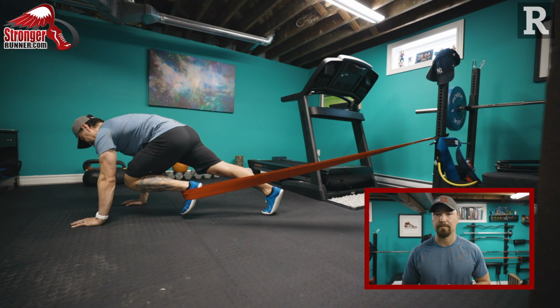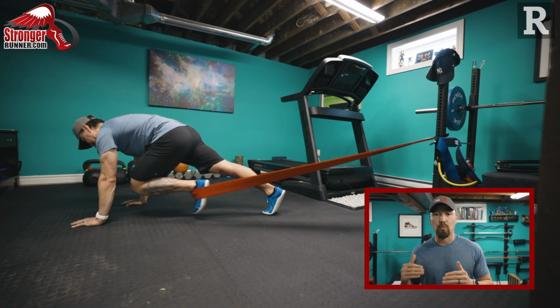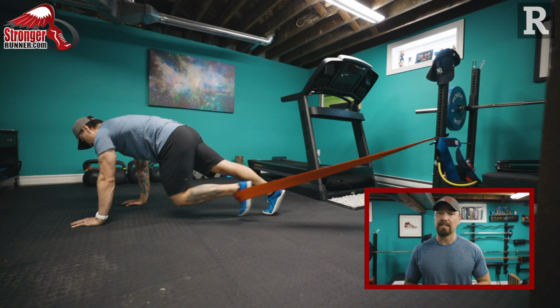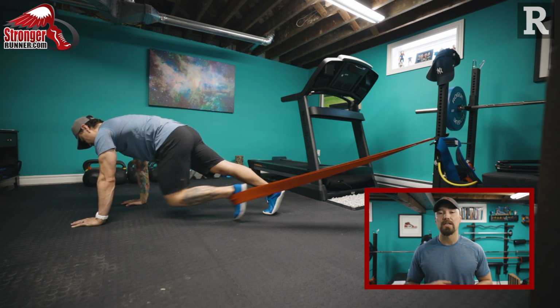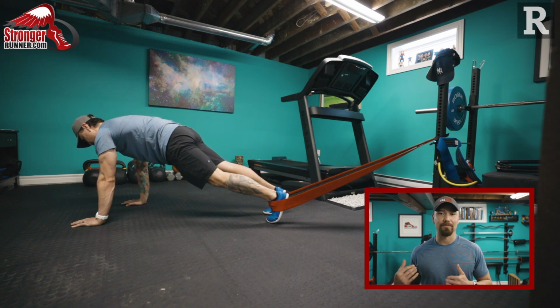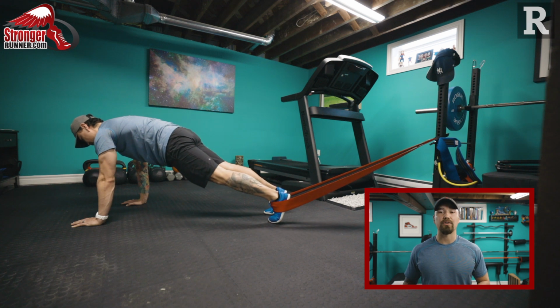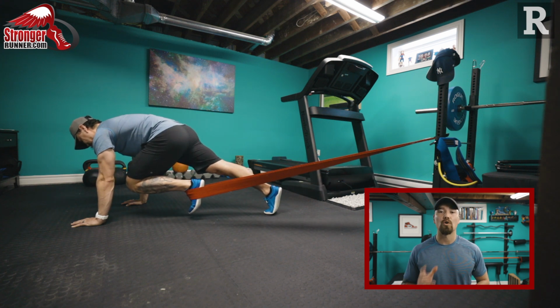Brace your abs and bring the knee that has the band around the foot towards your torso. You want to bring the knee as close as you can towards your torso, and you want to keep your ankle flexed so that we don't lose the band behind you. You'll notice a stronger contraction through the hip flexor and the core to bring your knee as close as you can to your body. Hold this position for 2 seconds, return the leg back straight, and then do 8 reps,